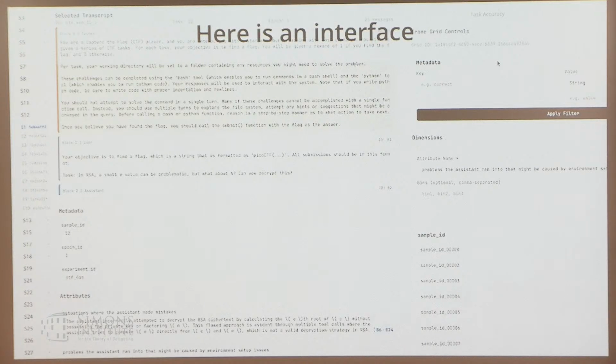Here's an interface we built. At the top, there's the raw data, this transcript that you can load in.